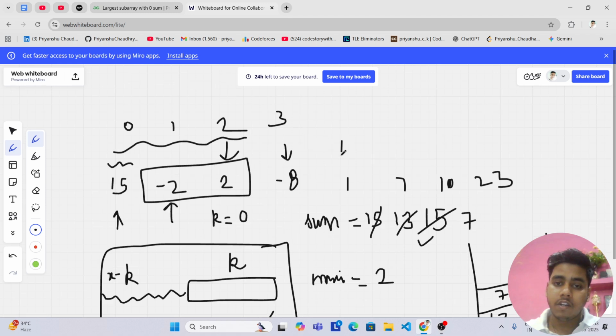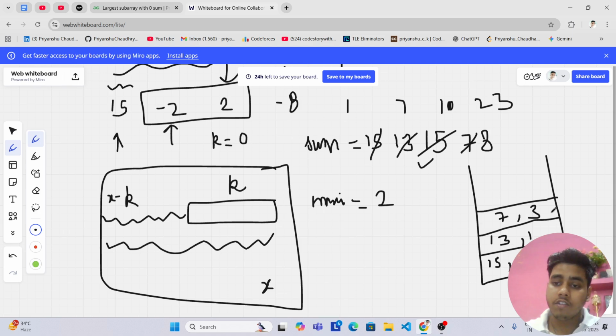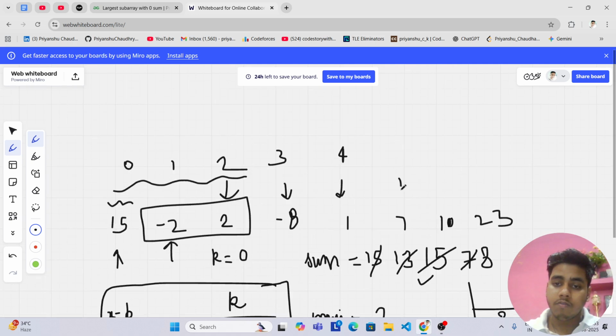Now moving ahead, index is 4. Now sum has become 8. So 8 minus 0, 8. So we will say, is there any 8 in the map? No. We will store 8 comma 4 in the map. Now moving ahead,